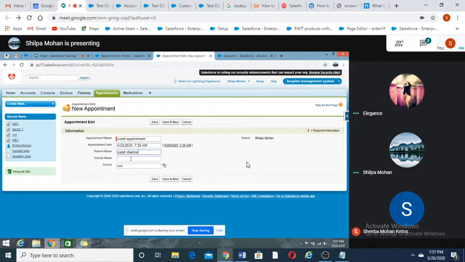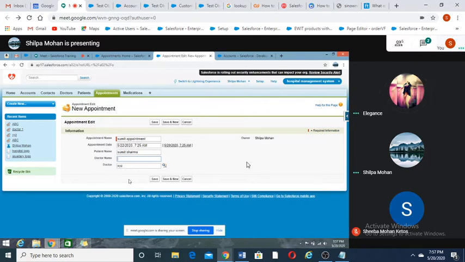This doctor name field is not required. You need to delete this because I want to choose the doctor from the list, right? Because in a hospital there will be 50 doctors, 100 doctors, so you can't manually type everybody's name.